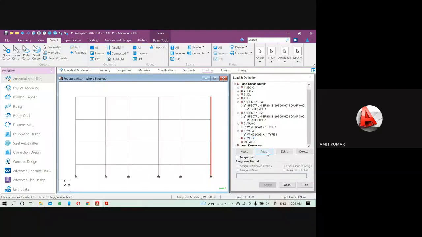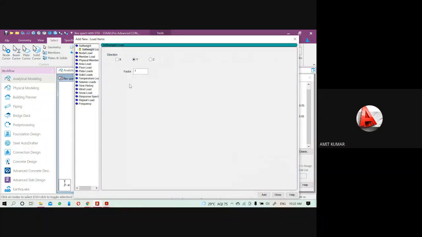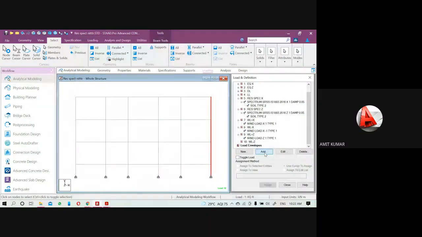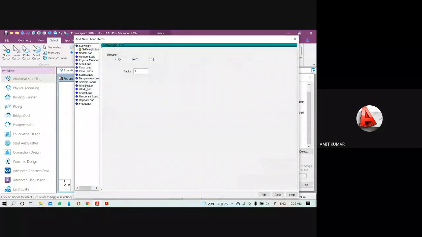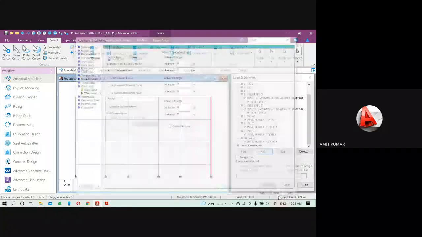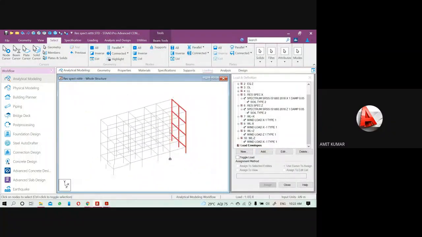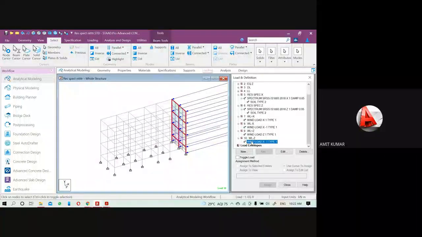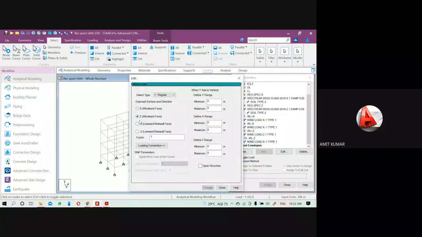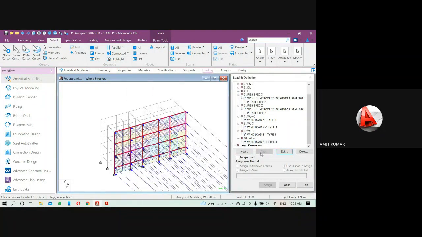Then WL plus Z. Then last minus Z. Let me edit it. Now it is correct.